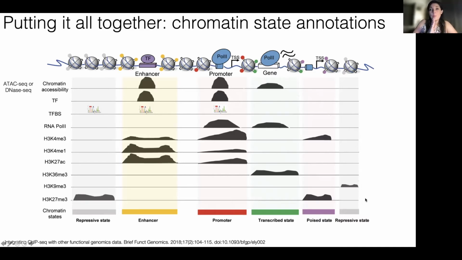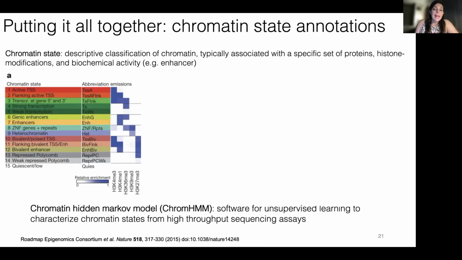So we can look at windows along the genome and annotate them as different states based on all of the information that we looked at so far, all the different molecular assays. This is done via a chromatin hidden Markov model, ChromHMM. You can tell the algorithm if you're looking for a certain number of states, like 10, 11, 12. This paper that I'm showing a figure from identified 15 states, and then they went through and named them based on the different